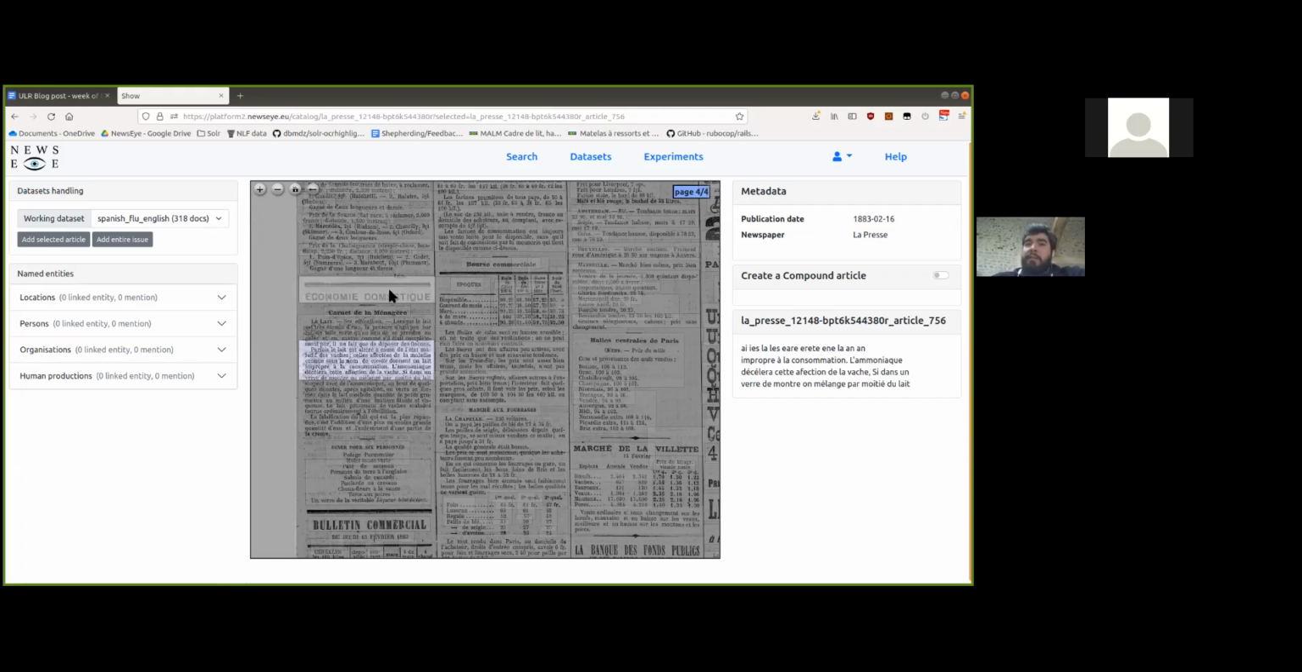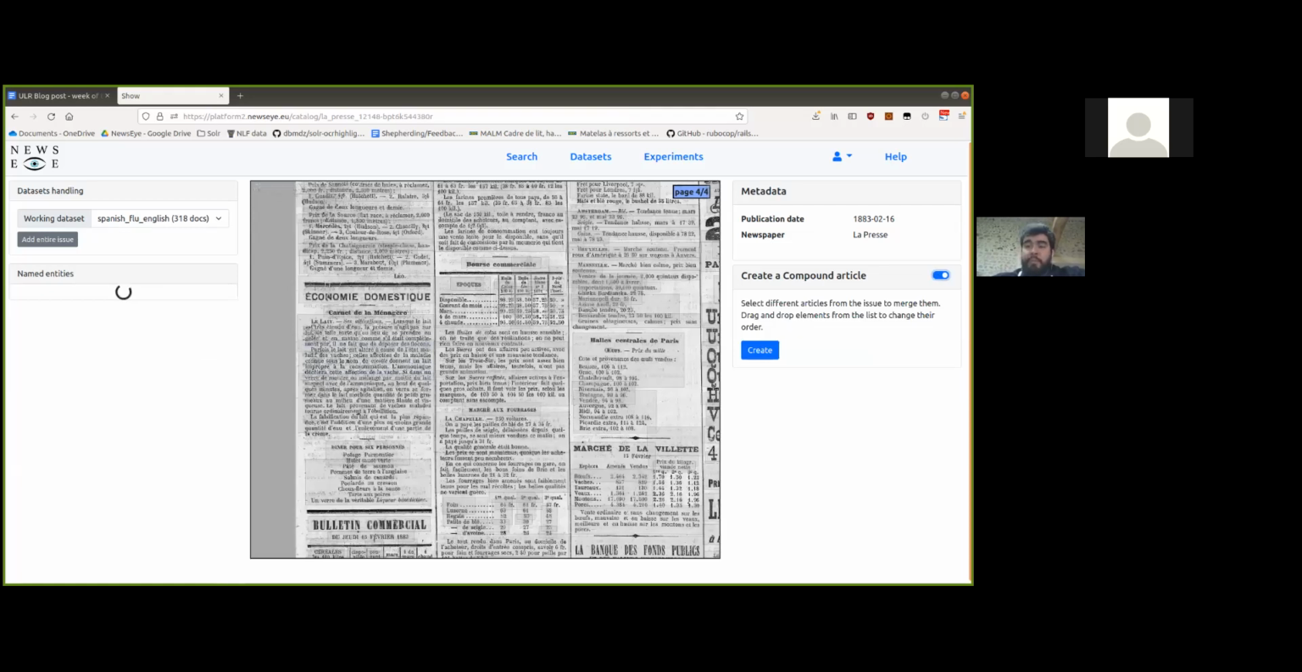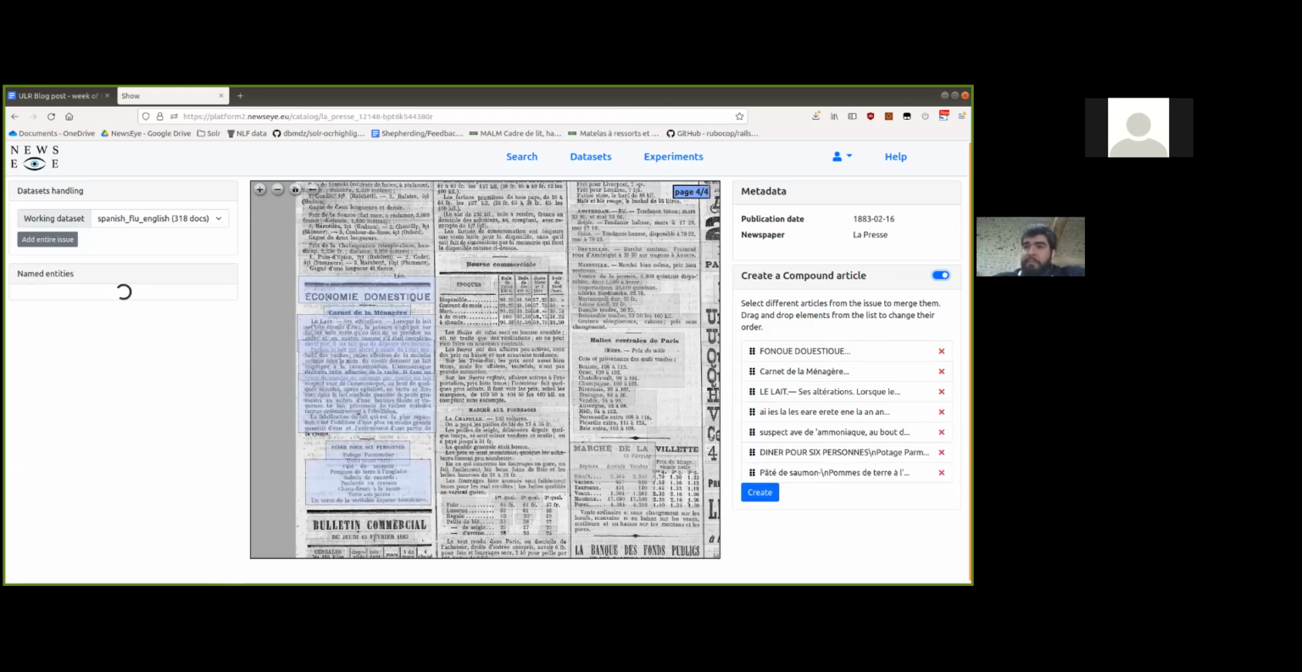So for example, you see there that this seems to be an article. Everything there should be gathered together, but it's not. We only have text blocks in this case. And one way of creating a single article from those text blocks is using the compound article creation, which is a mode that you can activate by clicking on the small switch there. And once you are in this compound mode, you can select the different parts of the articles that you want to merge, basically. So here I will select all of these parts and click on the create button,